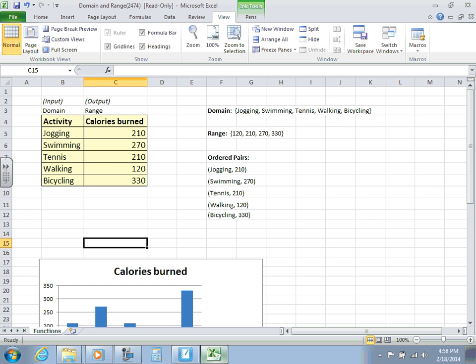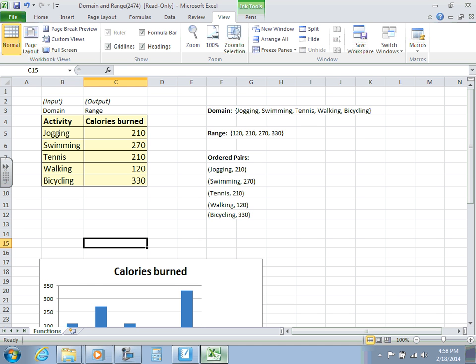So they've asked for what the domain is, and off to the right of this chart I've listed the domain. You'll notice that I used brackets, set notation, to give us my domain: jogging, swimming, tennis, walking, bicycling. And then they've asked for the range. Now you'll notice that the range only has 4 values, and they're not in the same order they are in